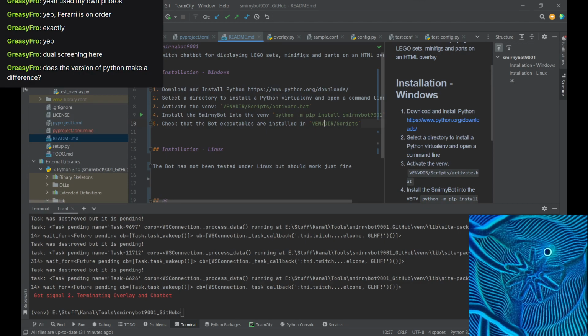No, the version doesn't make a difference. It must be a minimum of Python 3.8. But ideally 3.10 is a good choice, and you should also take the 64-bit version. I don't know if there's even a 32-bit version compiled anymore for Windows.